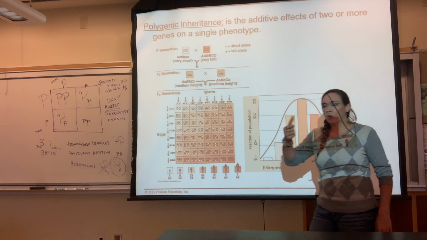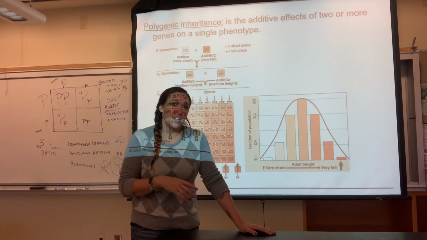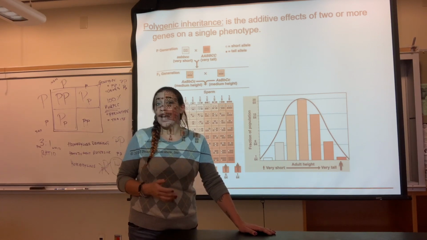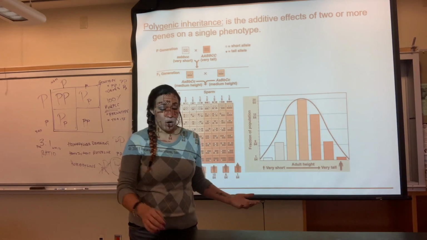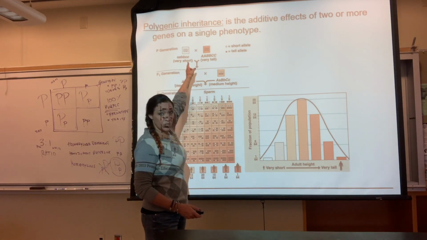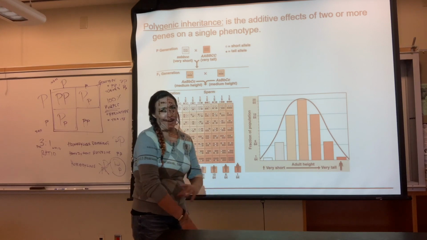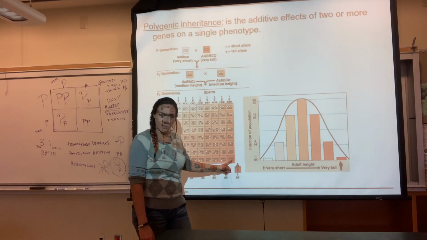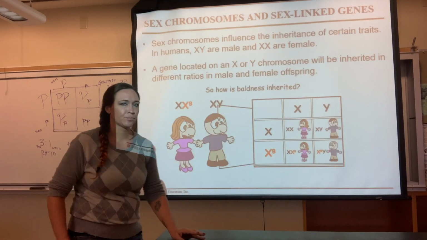Because imagine you're flipping a coin, right? You flip it 6 times. You should get roughly 3 heads, roughly 3 tails. Maybe you get 4 heads and 2 tails. But the likelihood of you getting 6 heads and 0 tails is pretty rare, right? Same kind of thing with these polygenic traits. The chances of you getting all 6 genes of the short person gene are going to make you very, very short, but it's rare. The probability of you getting all genes that are going to make you very, very tall are also very rare, right? But it does happen. It absolutely does happen.